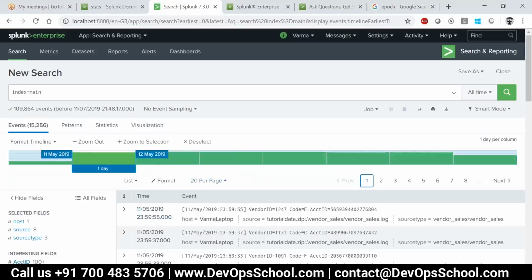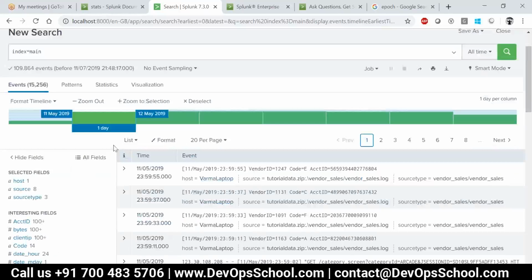Automatically, whatever data I have will come here. The data below is visible for this part of the time range. If I double click on it,